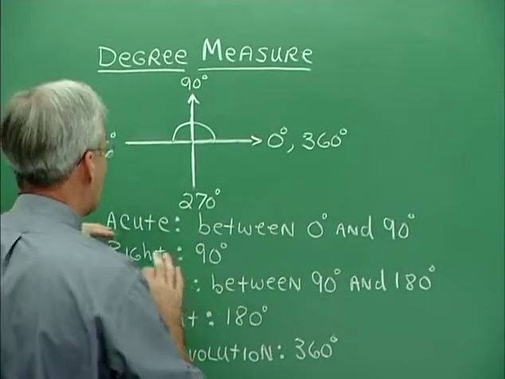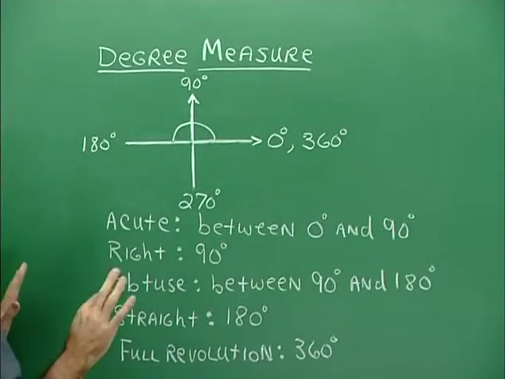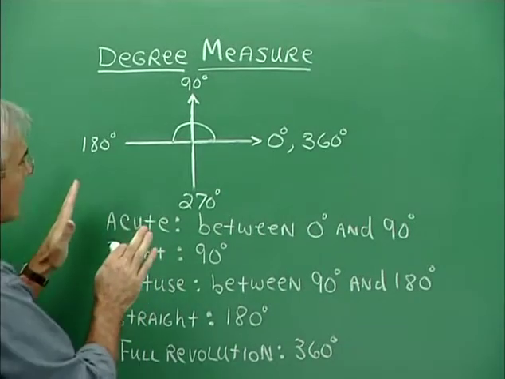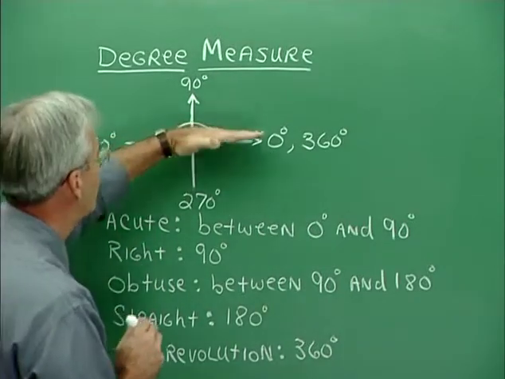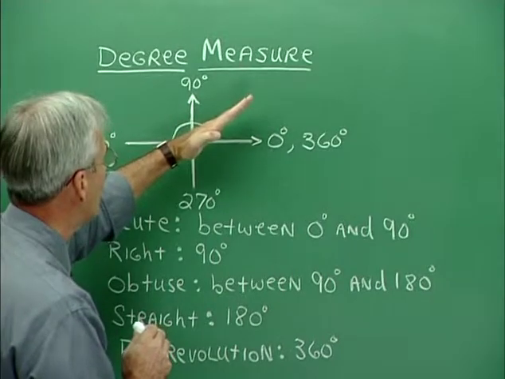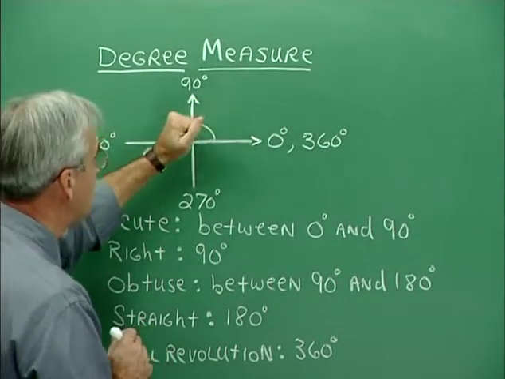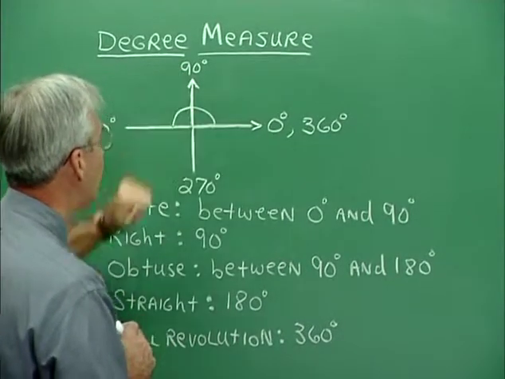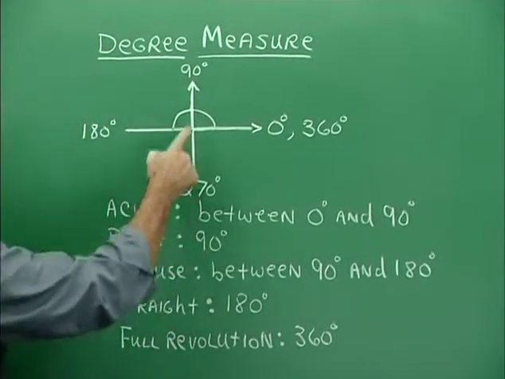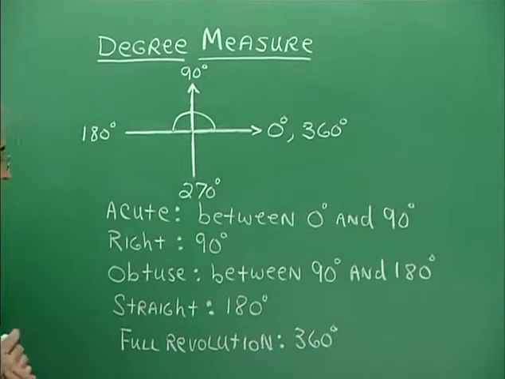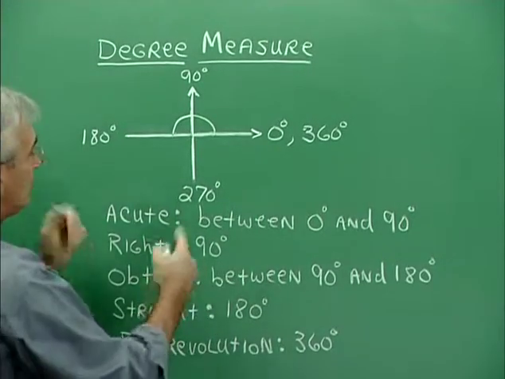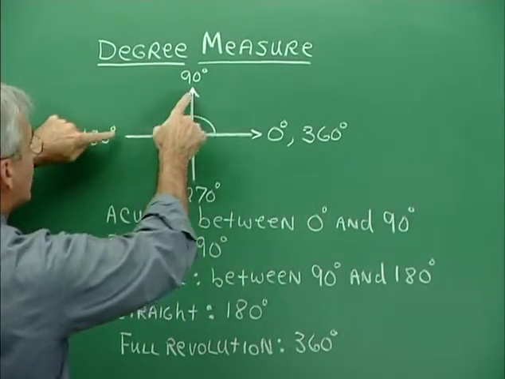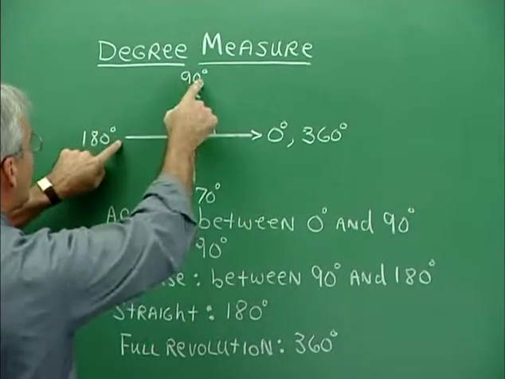Well, let's think about the notion of acute and obtuse here especially. We know that acute angles are angles that have a terminal side that fall in the first quadrant. And if we're measuring in degrees, then an acute angle would be an angle between 0 degrees and 90 degrees. And a right angle is an angle of exactly 90 degrees. And an obtuse angle, with the terminal side falling in the second quadrant, would be an angle between 90 degrees